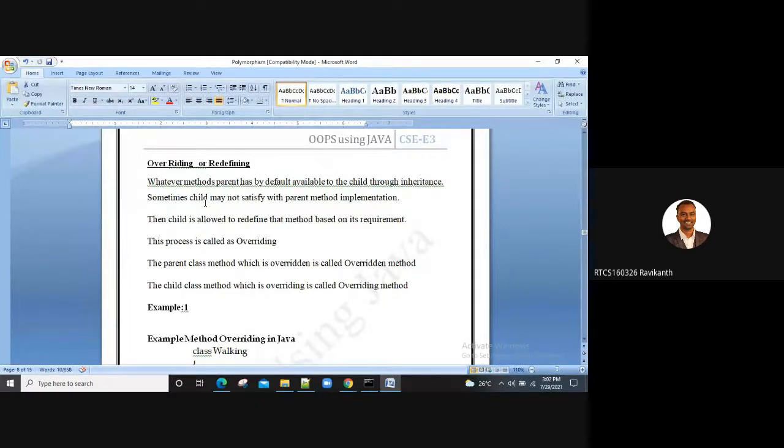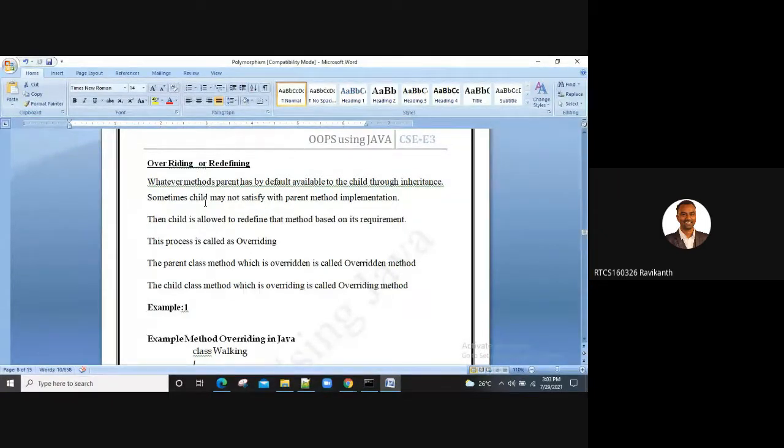I told you yesterday, the parent has already defined a method called property. Before 10 years itself, the parent defined this property method. This is how the property will be shared to 3 children or 4 children.